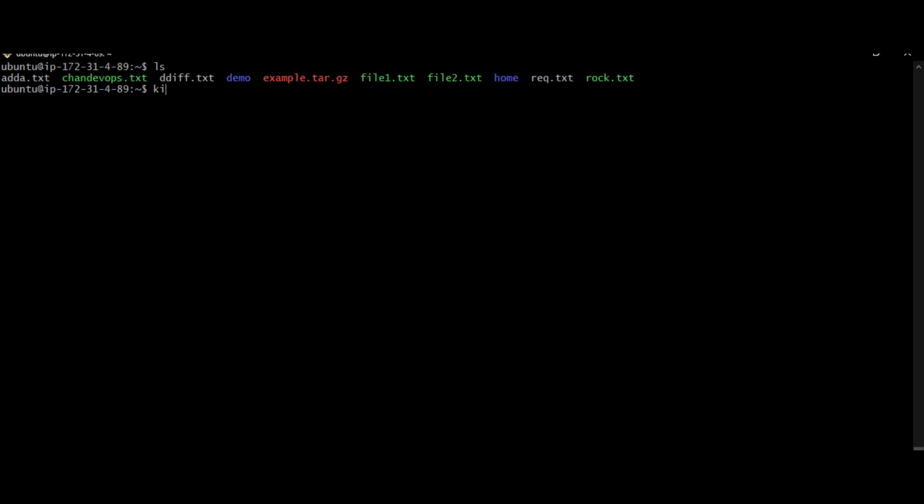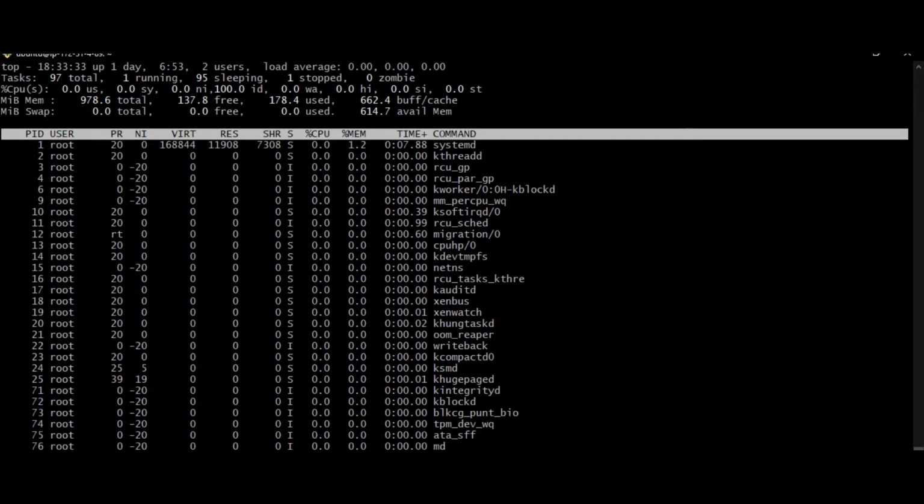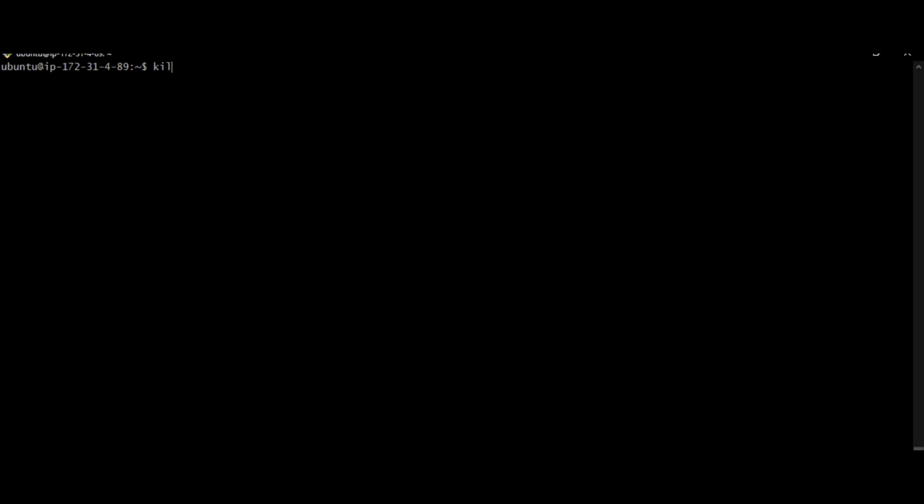So guys, we see the top command. In the top command we can see which process ID is taking high CPU or high memory. So you don't want that process ID to run on your Linux machine. At that time, by using the kill command, we can take that process ID and kill it in our Linux machine. So we can easily bring down the CPU usage or memory usage by stopping that particular process ID.